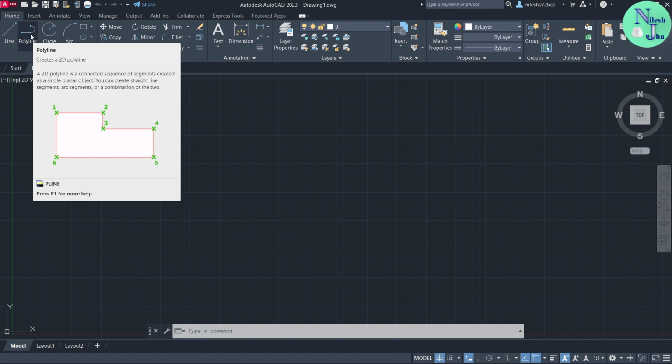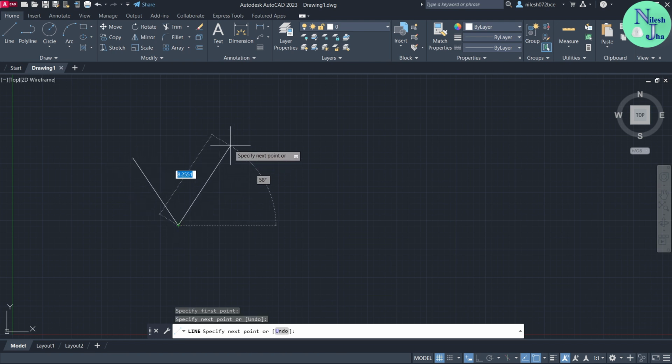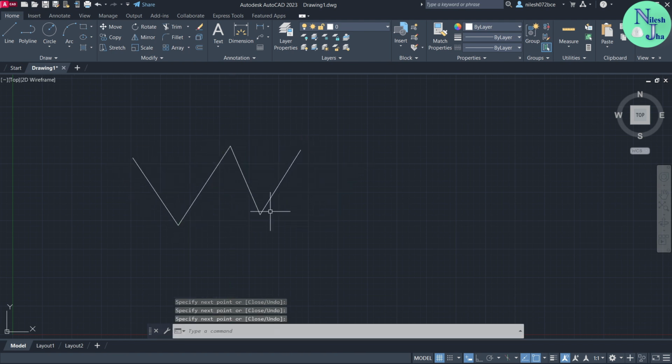But what was in the line command? In the line command, one object was one segment. For example, if we create the objects using line command, here I am in the line command now. So first point, second point, third point, fourth point, and fifth point. Here you can see I have created so many objects using line command. When you click on each object, you can see each one is acting as a single unit. This is one unit, this is one unit, this is one unit, and this is one unit. All the units are individual units.